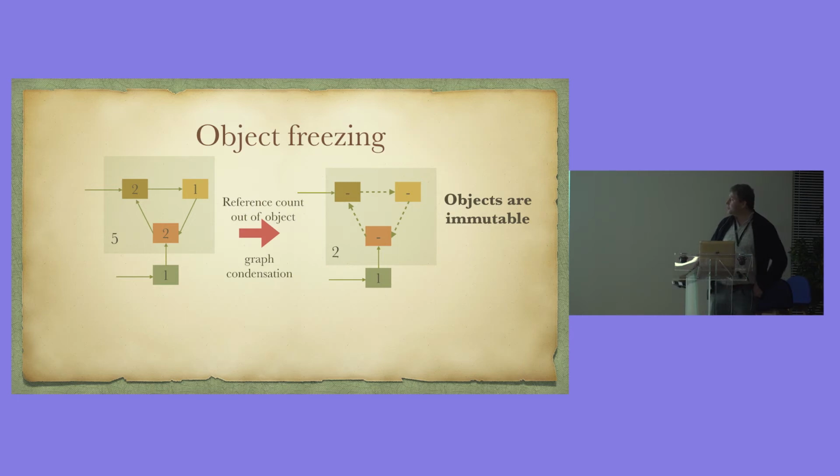So in this scenario, we have the interesting property that once we perform this condensation, we can actually release this aggregate object without analyzing its internal structure. So we don't have to analyze it for cycles using an algorithm like trial deletion, because it cannot participate in any further cycles, because it's immutable, so the references here cannot be changed, and by the way we build it, it's exactly the strongly connected component. So it's a cyclical structure. So once we just decrement the reference counter several times, and when we reach 0, it means this whole aggregate is no longer needed, and we can throw it away. So it's easy. Now we can share objects, and we can avoid memory leaks,